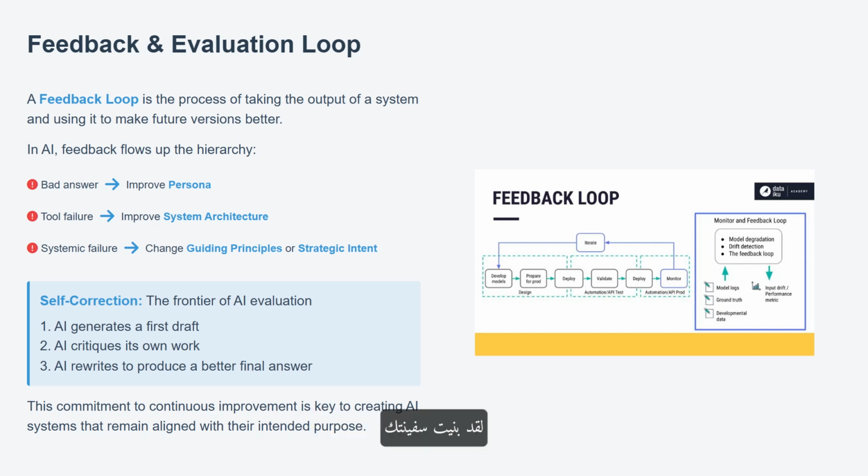You've built your ship, and it has completed its first voyage. When it returns, the captain provides a report. The destination was correct, but the ship was slow. This report is feedback. A smart ship owner would use this feedback to upgrade the sails. This process of using results to improve the original plan is a feedback loop.